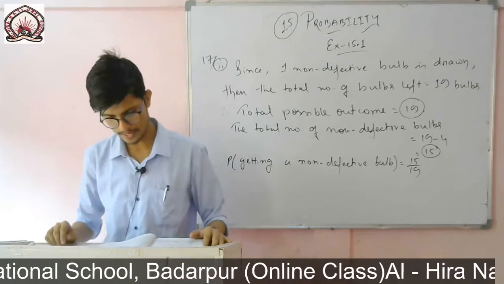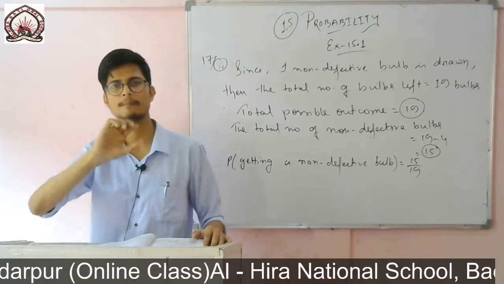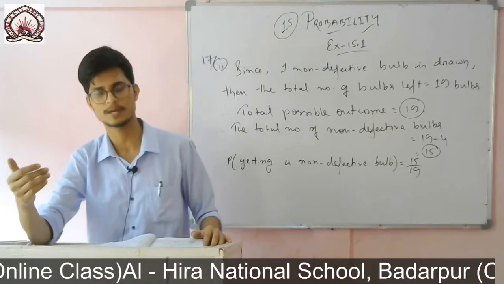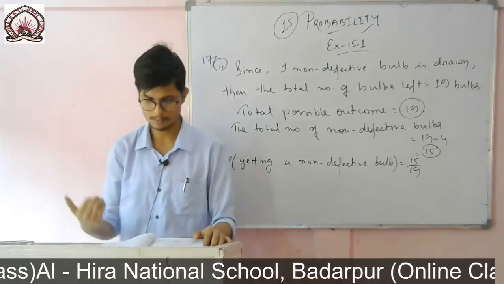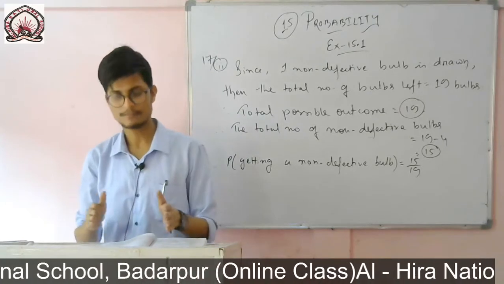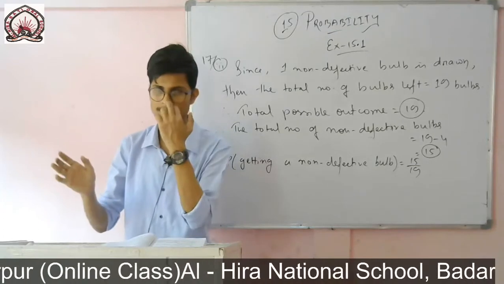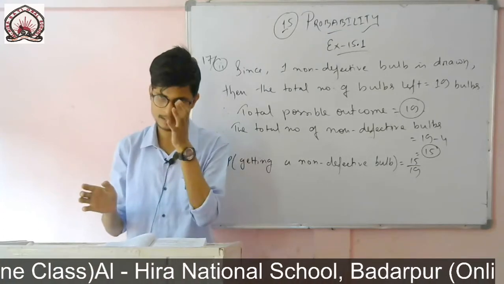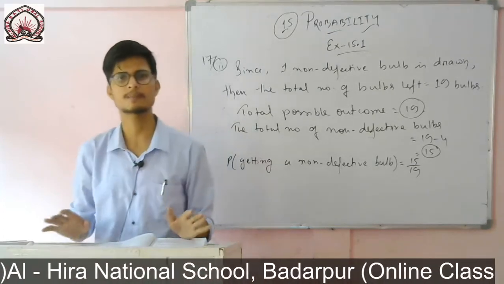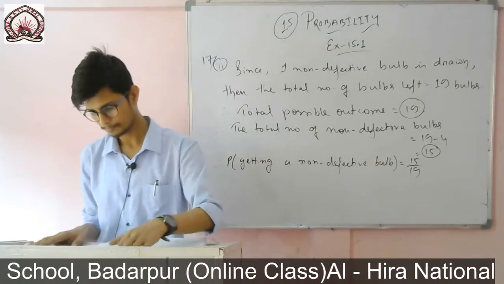Then for a perfect square number, we'll find all the perfect square numbers. The count of perfect square numbers will be our total favorable outcome. We'll find that one, and then we'll solve this. Then again for number 3 also, we'll find all the multiples of 5: 5, 10, 15, 20, like this up to 90, and then count how many numbers there are, and this will be our total favorable outcome, and then simply we'll divide this number by 90.